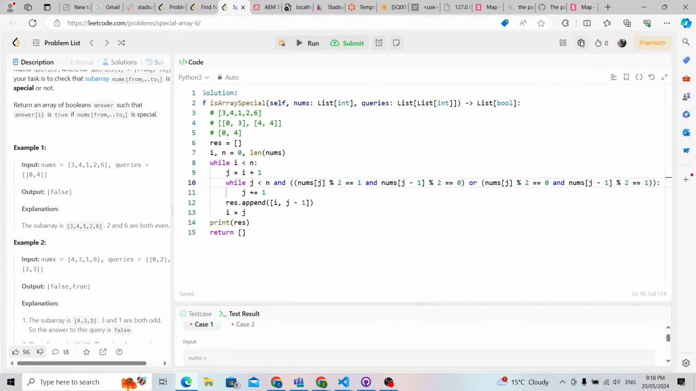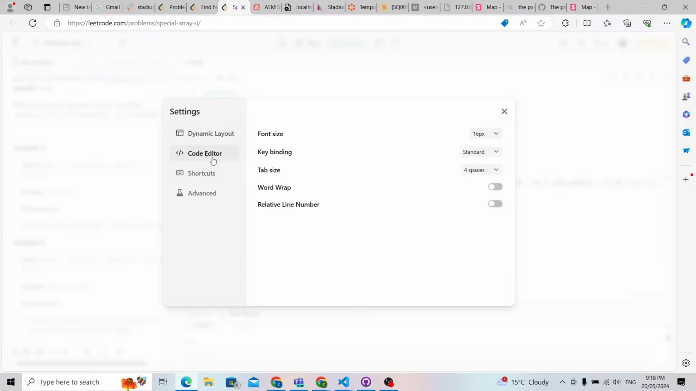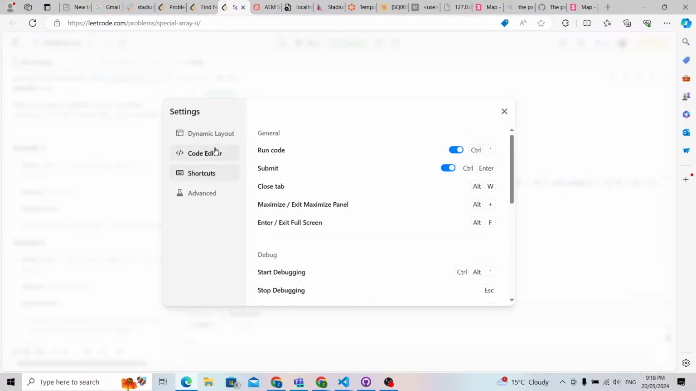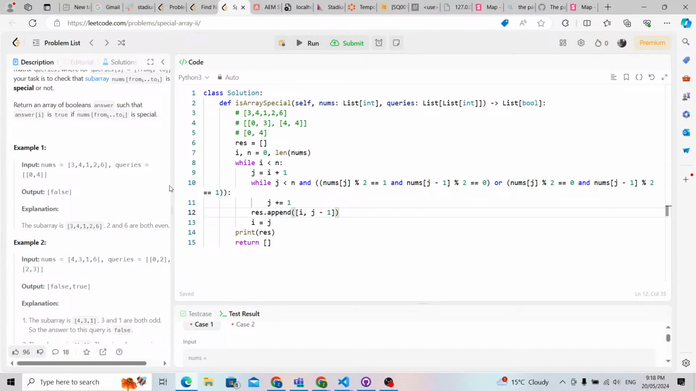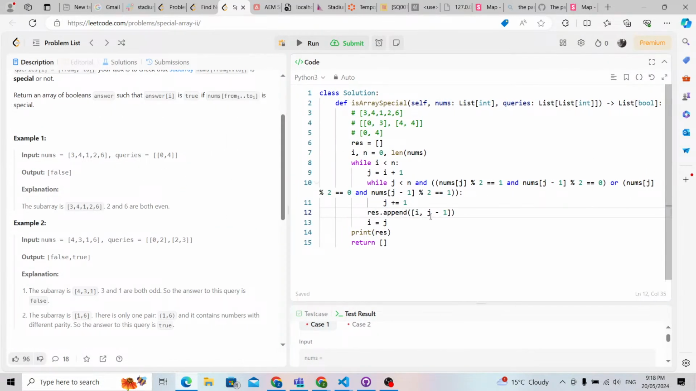I would set the code editor to maybe word wrap. Yeah, maybe this is better. So now the second step is just use the binary search to get the final result. So we're gonna prepare an answer, which should be equal to False times length of the queries,